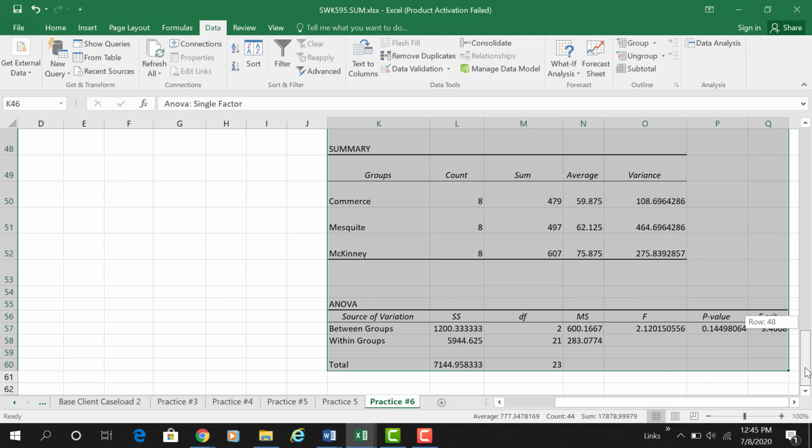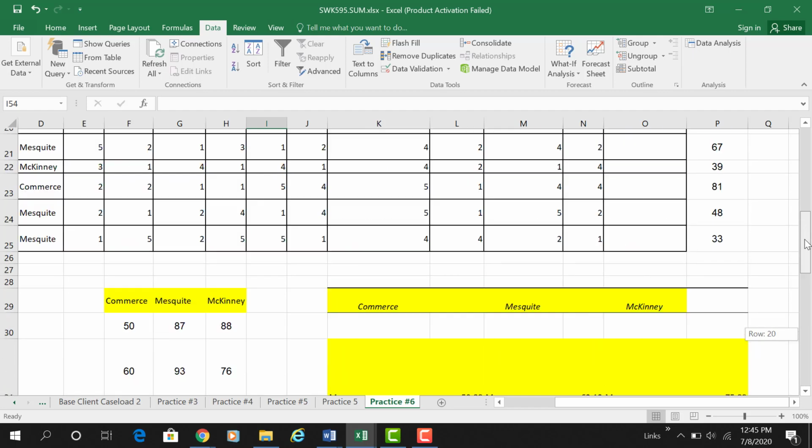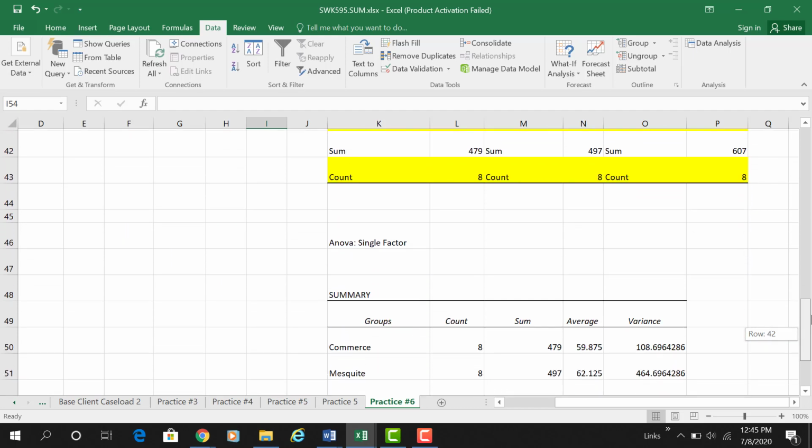All right. And so if you notice, here are our groups: Commerce, Mesquite, McKinney. They all have 8 students. And although it does provide you a mean, it doesn't provide you a standard deviation. So it's a good thing we already did that when we did descriptive statistics. So if you come down here